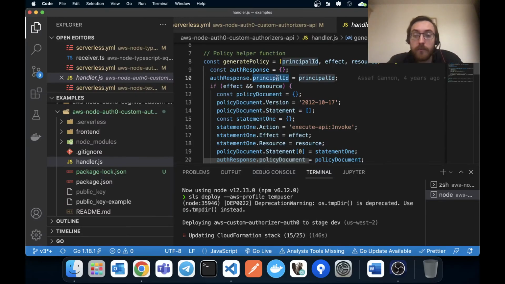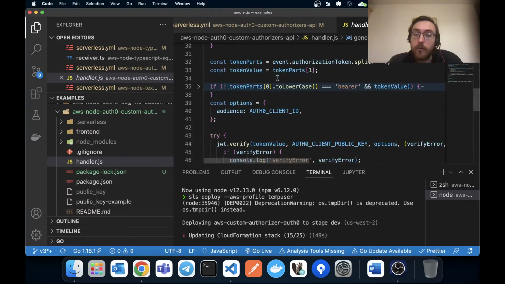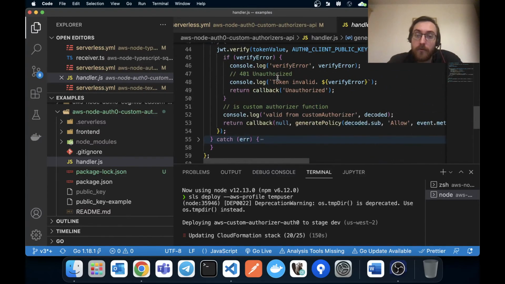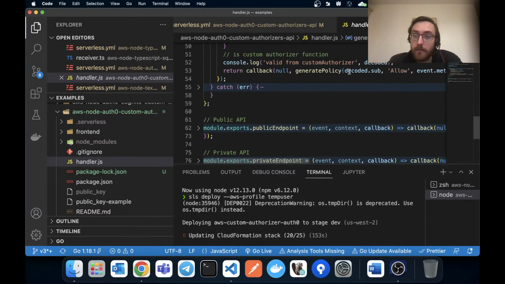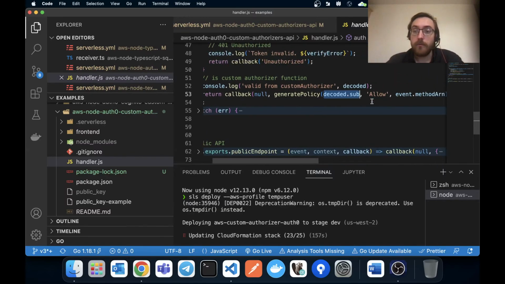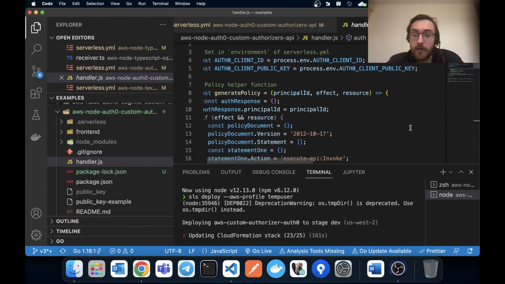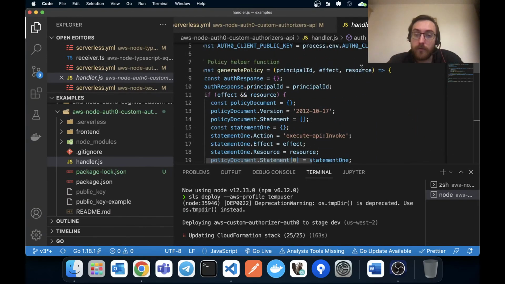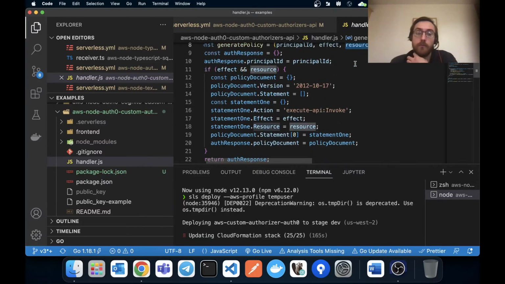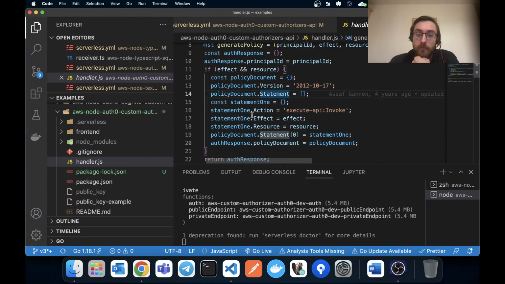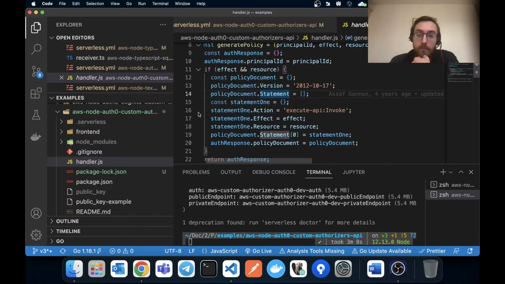It needs to have the principal ID in terms of who's sending that. And that principal ID is stored in our JWT, for example. So a bunch of stuff. The most important is the method ARN, because that's the resource that it was asking for authentication. So it's all publicly available in the docs. The most important one was this, the action